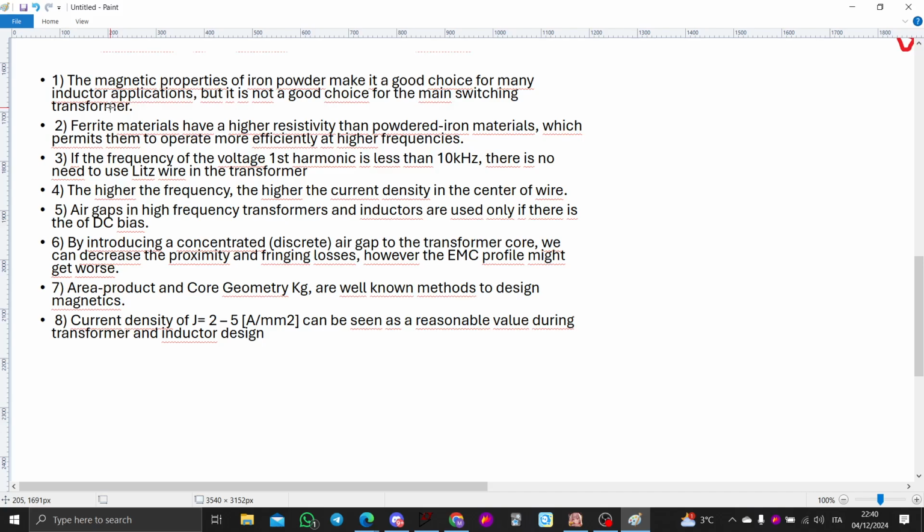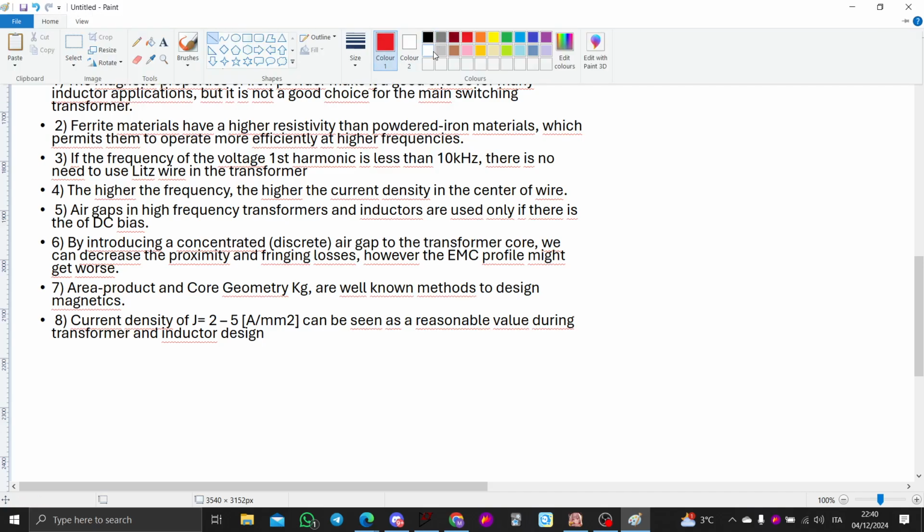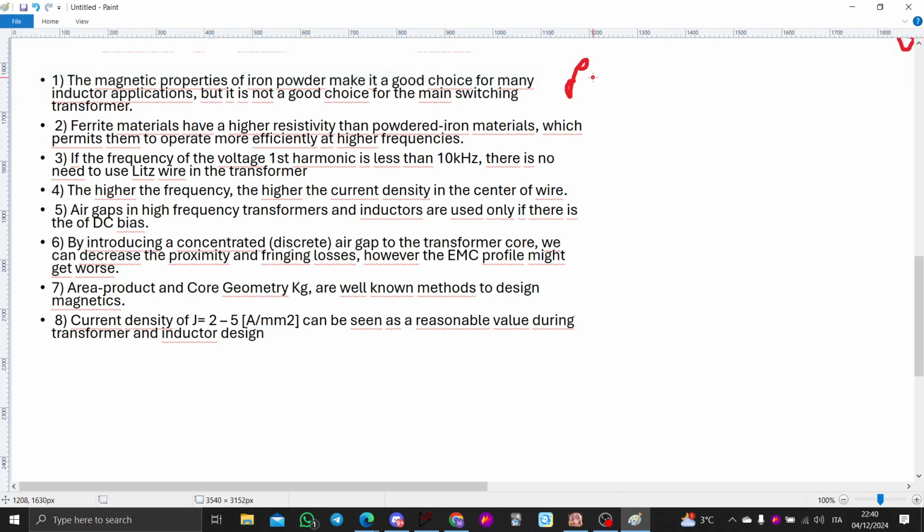For switching applications, generally speaking, when you have a switching frequency of 100 kilohertz, for instance, you use ferrite. So iron powder for switching transformers,